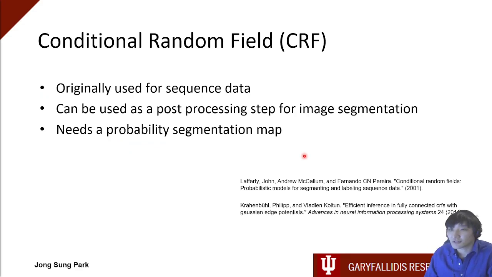Conditional random field, also called CRF, was originally used for labeling or segmenting sequence data. And people started using it as a post-processing step for image segmentation. What conditional random field does is it creates a Markov random field using a graph. Before, it was a graph of sequence data, but people thought that we could also create a graph of the image data, right? So we could consider each pixel or voxel as a node, and the connection of the pixel or voxel to each other as an edge. Before, when it was first introduced, it would only have edges on its neighboring pixels